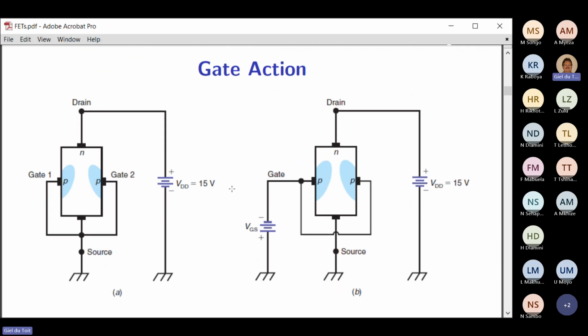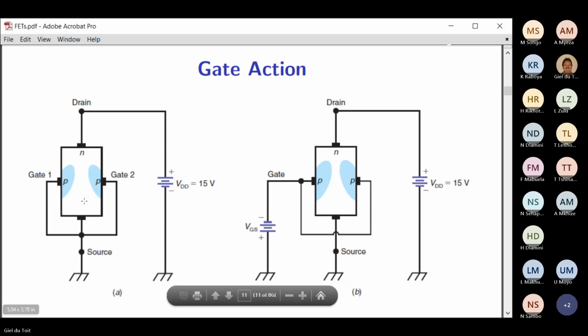So the action of the gate. If we take the gate and fasten it to the source, so we ground the gate here, in this case, picture A. In that case,